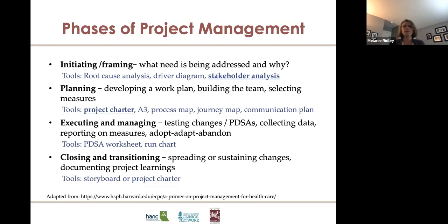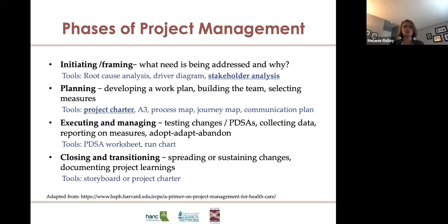For your improvement work, there's probably 4 phases of project management. And the first phase is initiating and framing of your project. This step involves conducting the research or learning about your system to clearly define and articulate what need is driving the project. In this phase, you do research, you talk to stakeholders, and create an overview of the project that will help to gain buy-in and bring along some prospective team members.